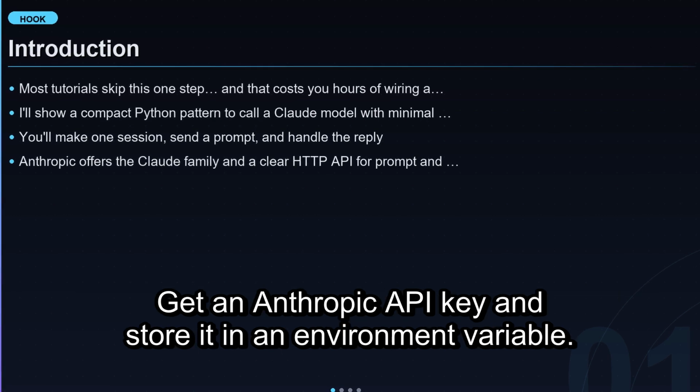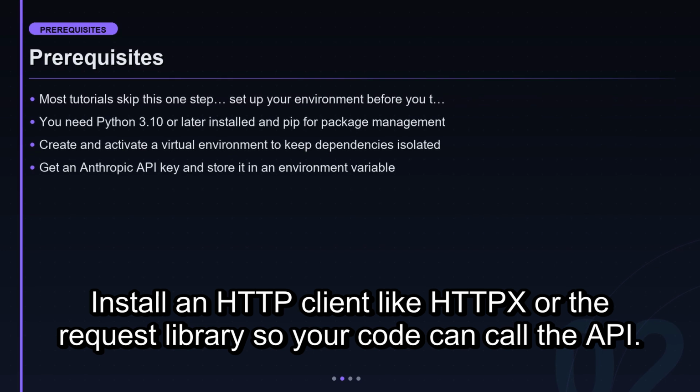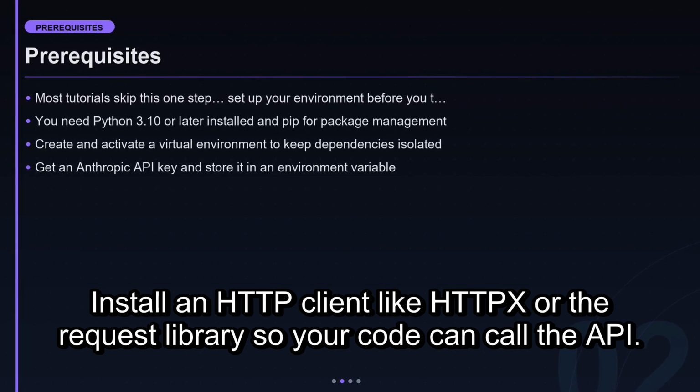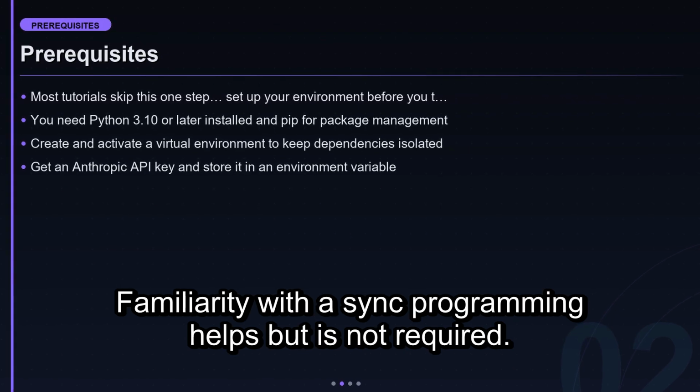Get an Anthropic API key and store it in an environment variable. Install an HTTP client like HTTPX or the requests library so your code can call the API. Familiarity with async programming helps but is not required. Source: